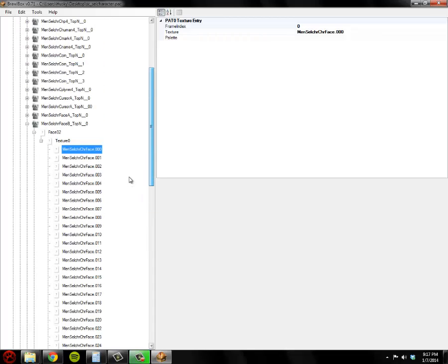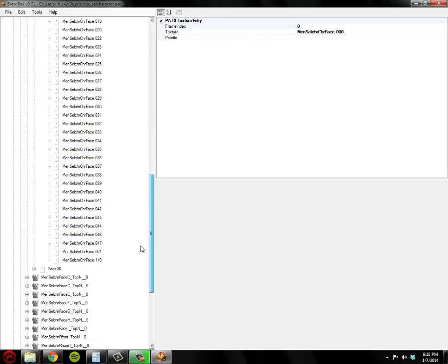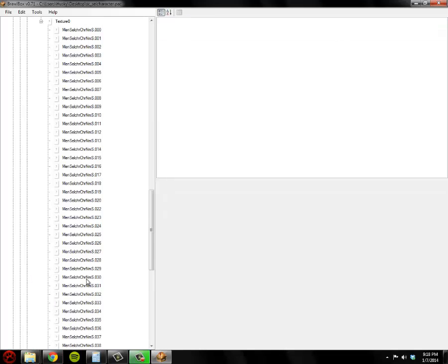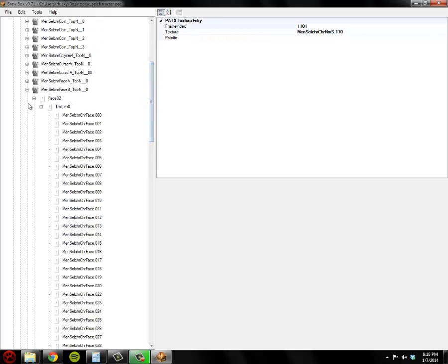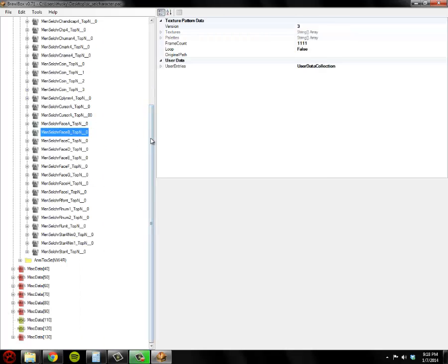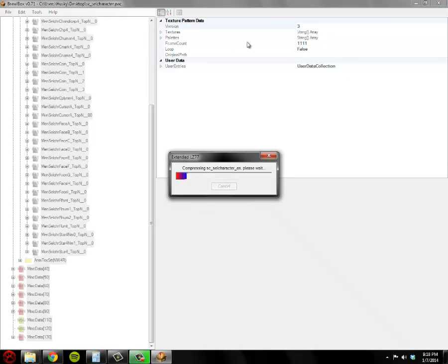Anyway, go ahead and go to your menu select, character, all that. Make sure all of your textures are there. The game will crash if you don't have them there. And if everything's all finished, excuse my language, a little riled up right now, then everything should go fine. Save it. Check your file size afterwards.